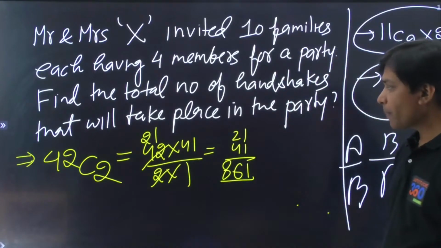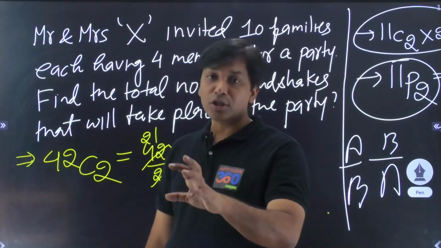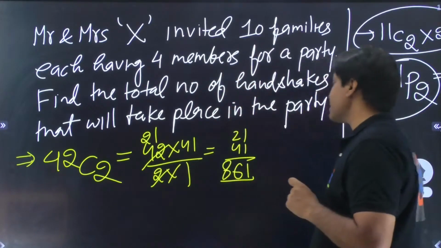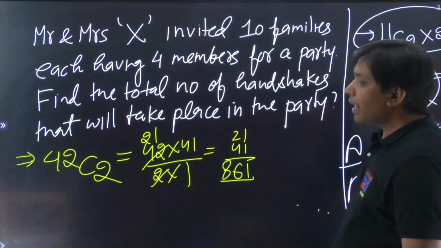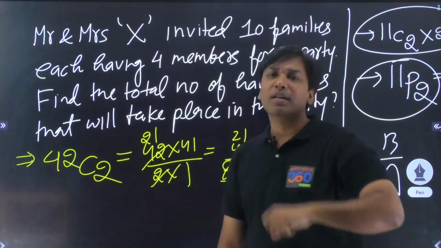861. ये तो होता तब जब ये सारे के सारे स्ट्रेंजर्स होते। अब इसमें से हम केसेस कौन सा डिस्कार्ड करेंगे? Understand this. The cases that we are going to be discarding out here: एक जो हर एक फैमिली में 4 लोग है ना, ये उनका भी हैंडशेक काउंट करके रखा हुआ है।